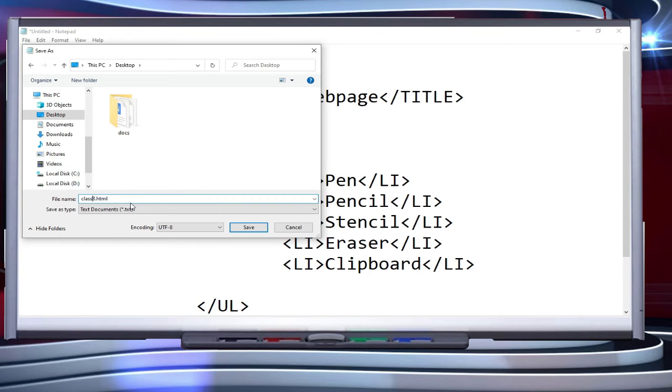So better remove this gap, or you can also add an underscore. Similarly, if any student has a name like Amit Sharma, then even you can check here that there is a gap, either remove it or add an underscore, right? So this is the naming rule for HTML files. So I'm using class 8 and saving on desktop.